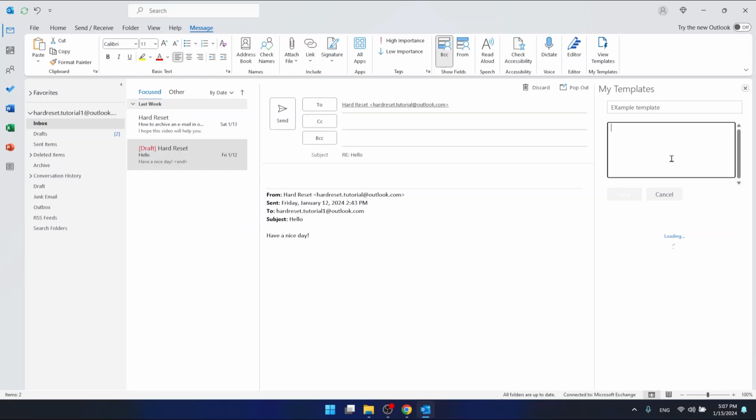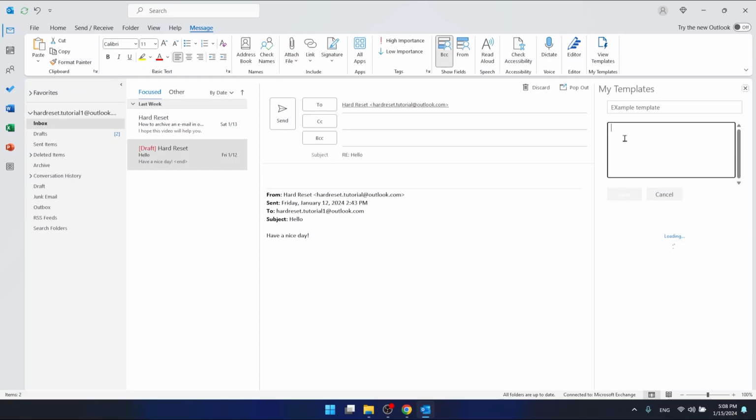But what you can do is write a template in Word, for example, then copy what you have written in Word and paste it right here, and it will paste with the formatting, with links, with everything you have written in Word. So I think it's the better option, and make sure that what you wrote in Word is not more than 32 kilobytes, because this is the